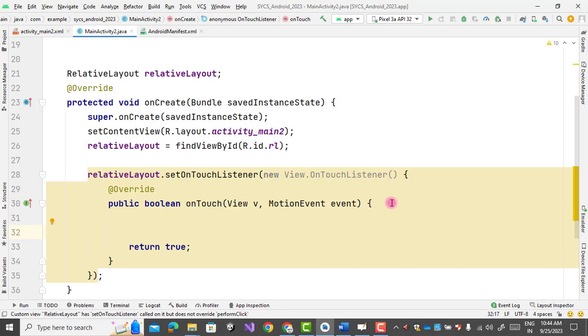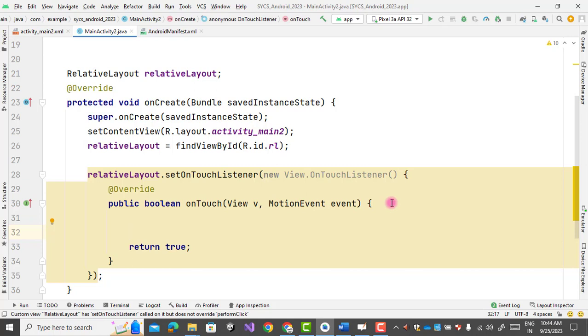Now here, when the user touches on the screen, we will change the color of the screen randomly each time. Every time it will change the color of the screen. So for that we will first find out the color combination of the RGB.